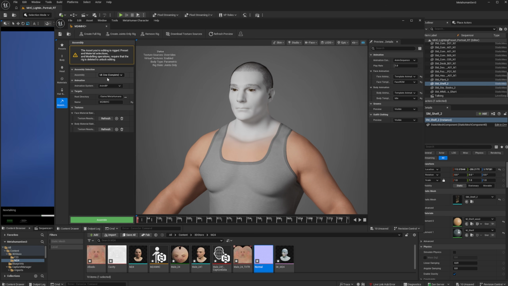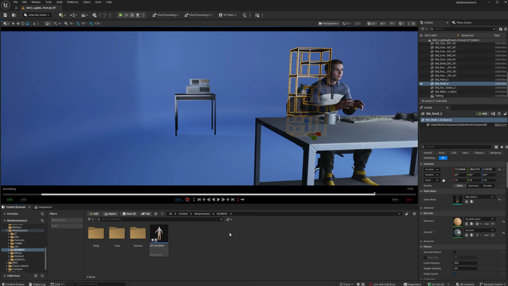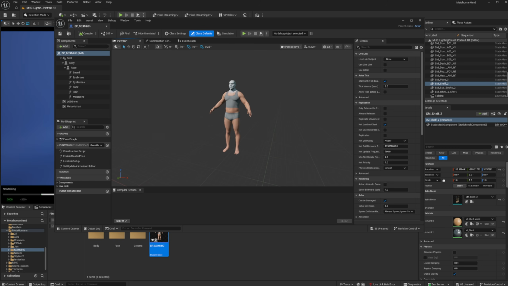We're just going to go here, make sure it's UE Scenic Complete. Everything else, I'll leave as default. And we go to assemble. Okay, once the assembly process is done, your metahuman should be in whatever folder you decide. Mine here is in the metahuman folder. So let's double click and you can see,